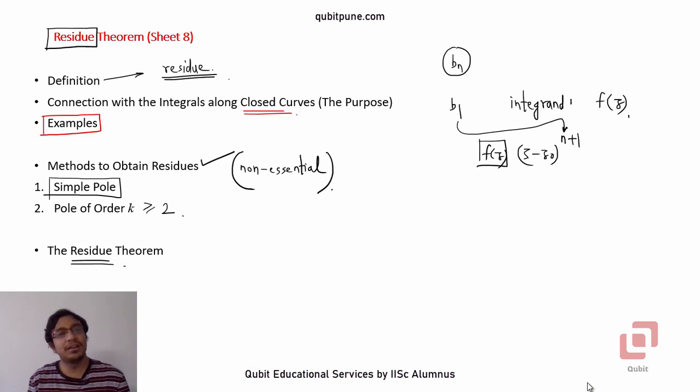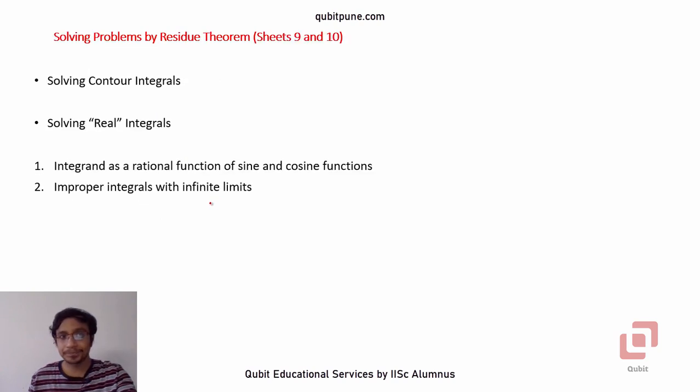Having covered the residue theorem and the various methods to obtain the residues, we will now see the actual application of the theorem. Okay, we will classify the problems into two types, let us say. In the first type, we will be solving the contour integrals, meaning the integrand will be a function of a